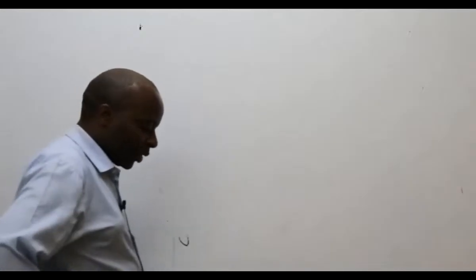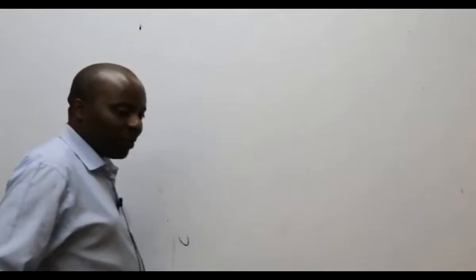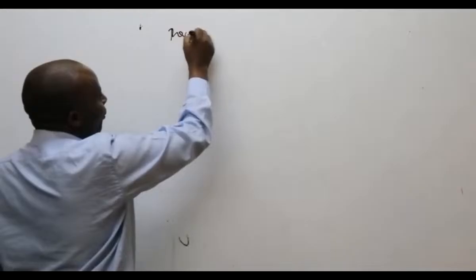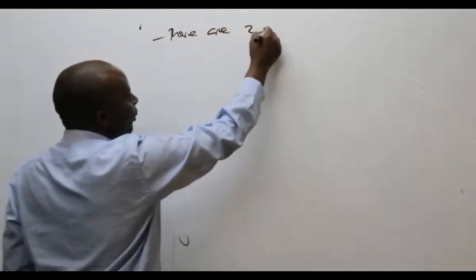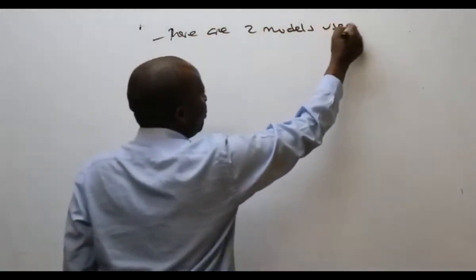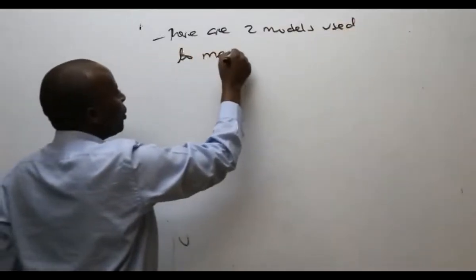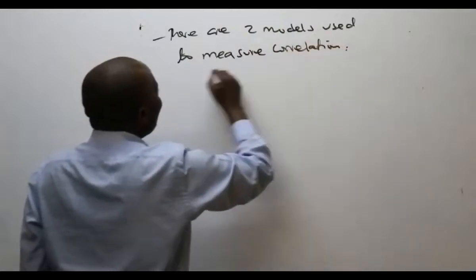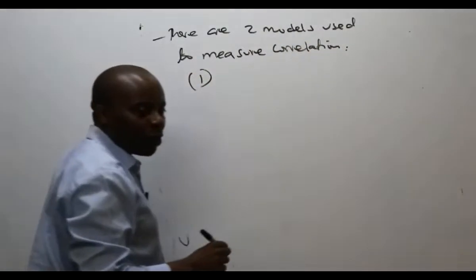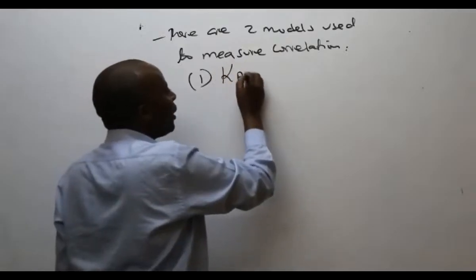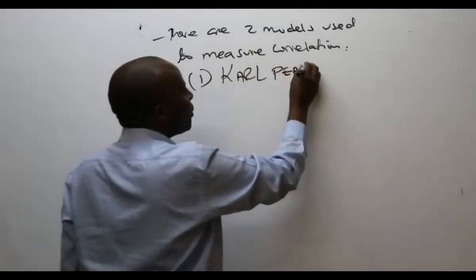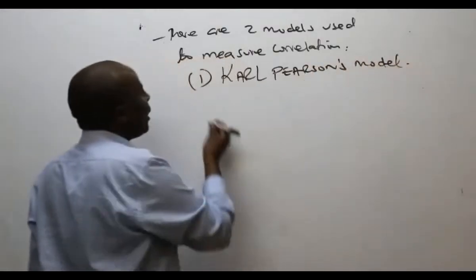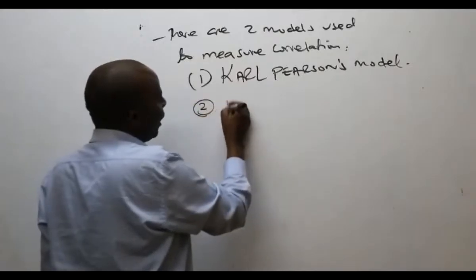Ladies and gentlemen, for us here, there are two models which are normally used to measure correlation. So there are two models. We're writing our notes that there are two models used to measure correlation. Number one, ladies and gentlemen, we have what we call the Karl Pearson's model. And then number two, we have the